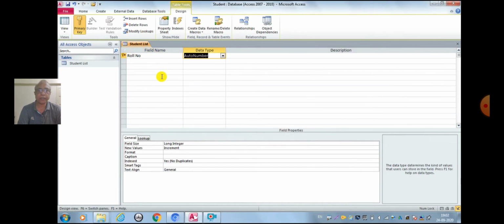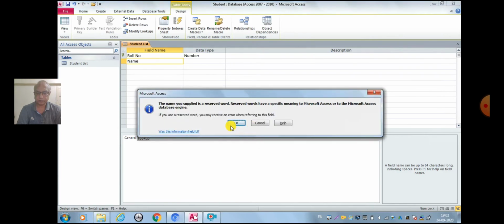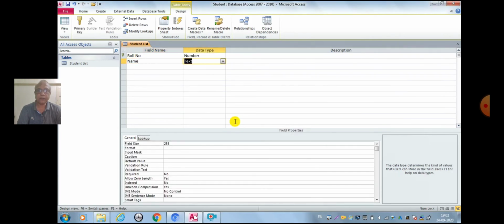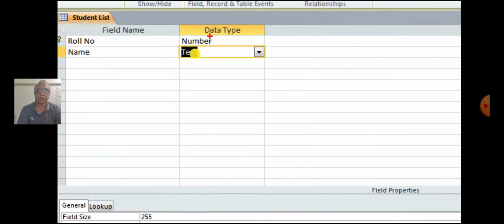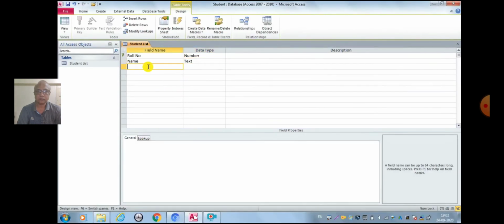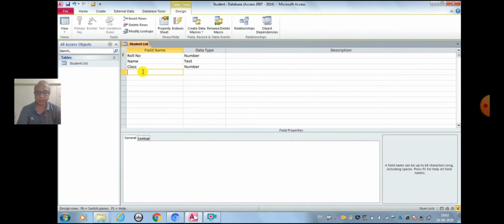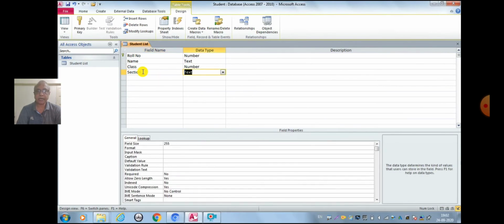The data type is number. The second field name is name. The data type is text. The third field name is class. The data type is number. The fourth field name is section. The data type is text. And the last field name is marks. And the data type is number.